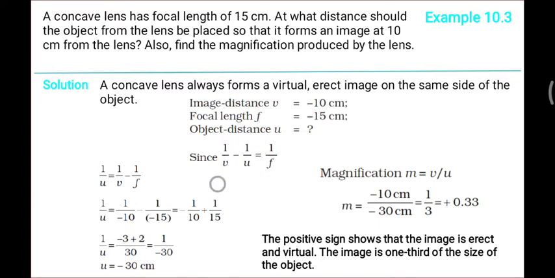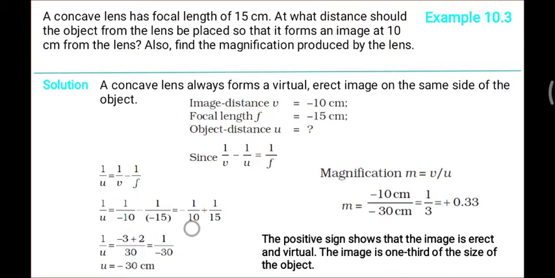So 1/v minus 1/f is equal to 1/u. This is a very easy task; 6th standard students can do it. Now you just have to find u, so take it on the other side of the equal sign, and all the others go to the other side. You know v, you know f, just put in the numbers and take the LCMs appropriately. Take care about the negative sign here.